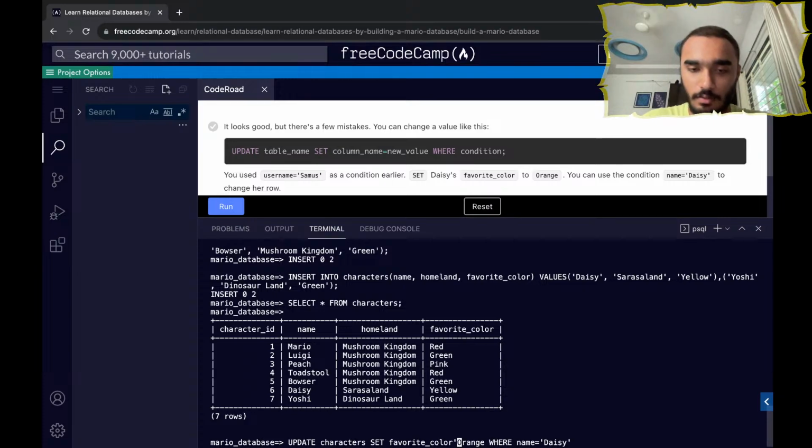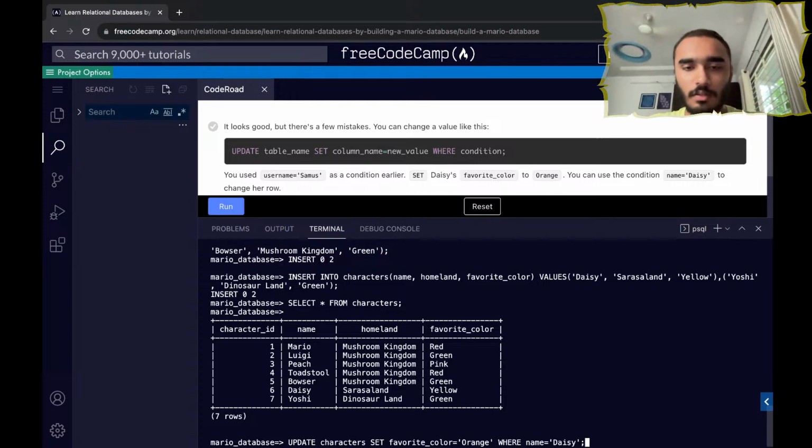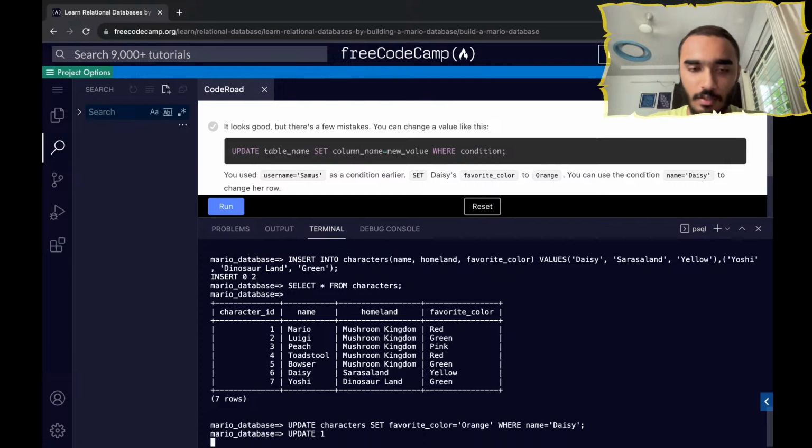That means favorite color will also have an equals, and this should end with a semicolon. Right. UPDATE characters SET favorite_color = 'orange' WHERE name = 'Daisy';